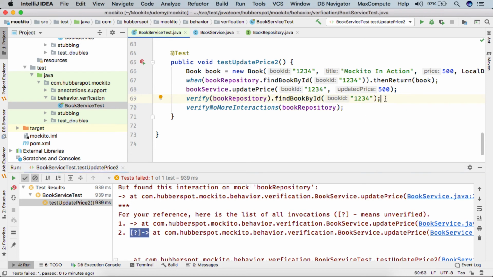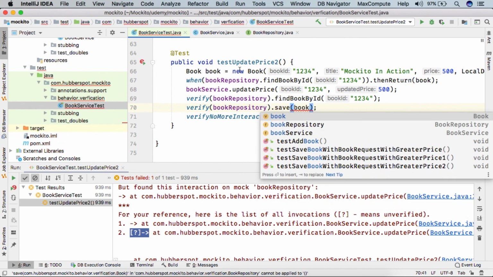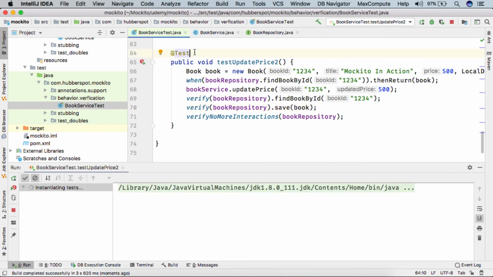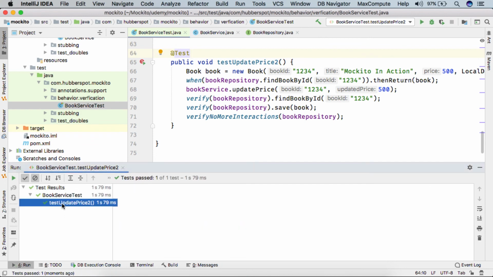So here we can simply say verify bookRepository.save with this book. That save will be called on this book. Now if I run the test case, you can see it got executed successfully.